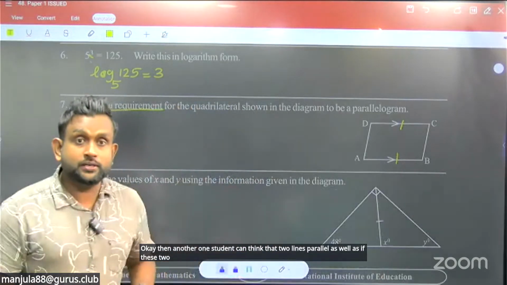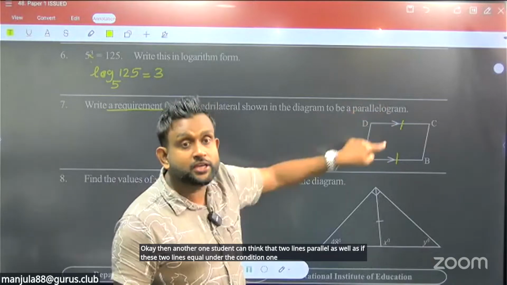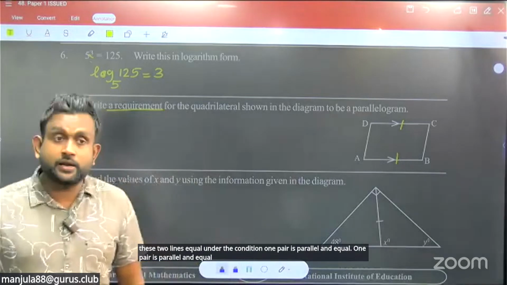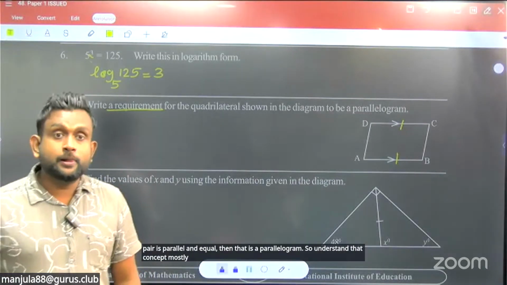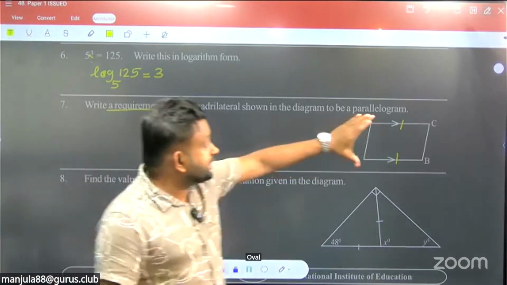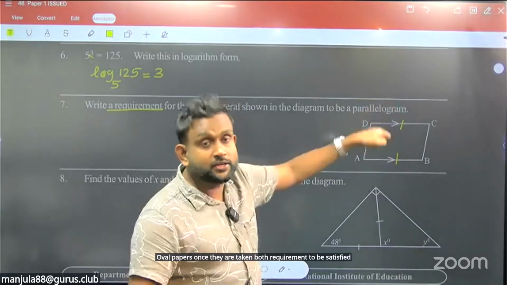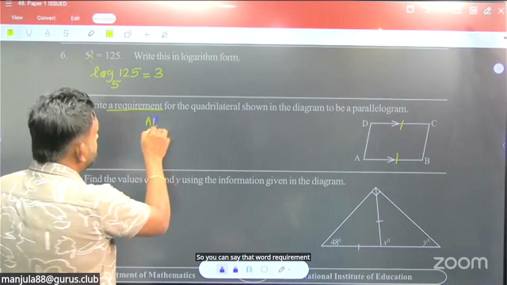Then another thing students can think of is that the two lines are parallel as well as equal. Under the condition that one pair is parallel and equal, then that is a parallelogram. So understand that concept. We mostly see this in the O-level papers. With one pair taken, both requirements must be satisfied: parallel and equal. So you can say the requirement is AB equal